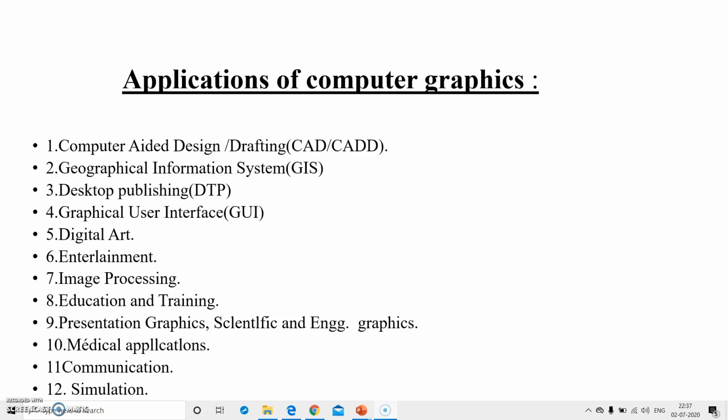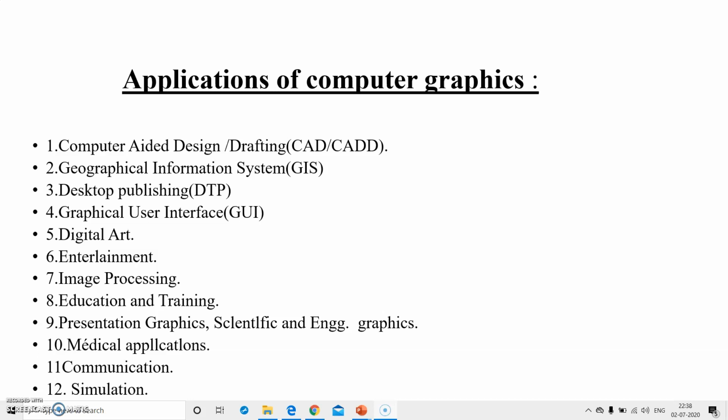Third application is DTP, that is desktop publishing. Desktop publishing combines a personal computer and page layout software to create publication documents on a computer. Fourth application is GUI. You very well know about this topic. GUI is a graphical user interface. It is a computer program that enables a person to communicate with a computer through the use of symbols, visual metaphors, and pointing devices. A graphical user interface is a type of user interface which allows people to interact with a computer and computer-controlled devices.